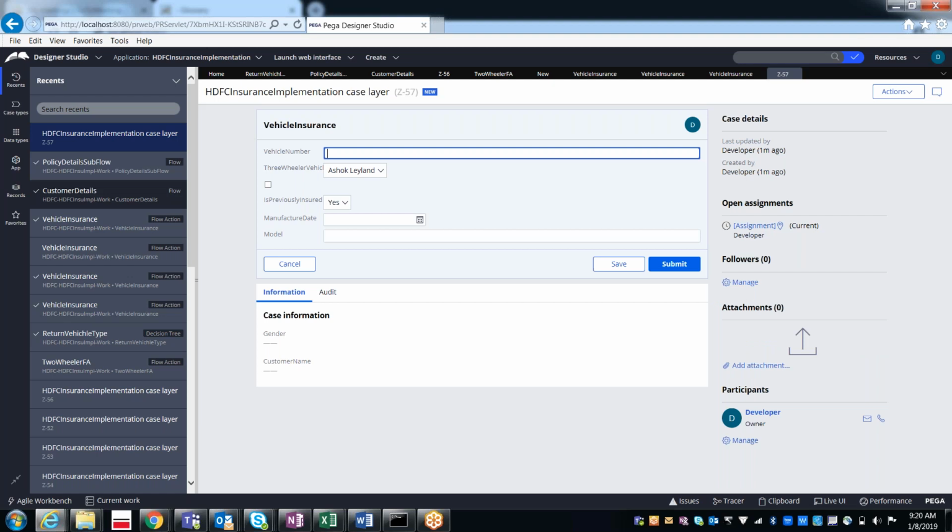See what exactly you got? Three-wheeler vehicle. You got the three-wheeler vehicle. But whereas if you select four-wheeler,